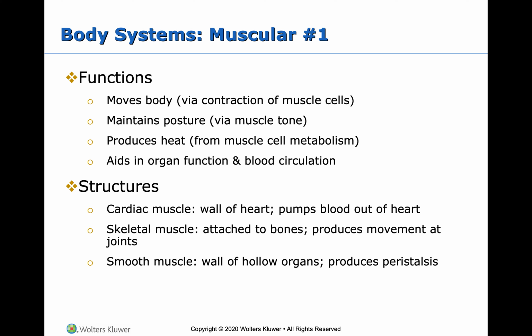It also aids in organ function and blood circulation. Contraction of certain muscles helps your blood actually flow through your veins and arteries. We'll talk more about that in Chapter 6, the circulatory system. So the structures include three different types of muscle. You've got your cardiac muscle,